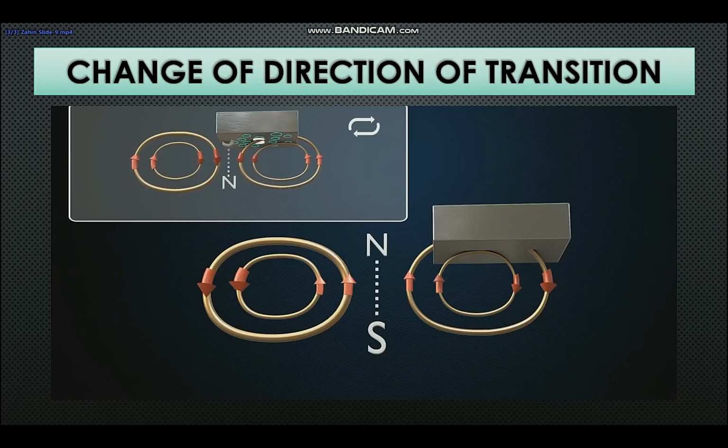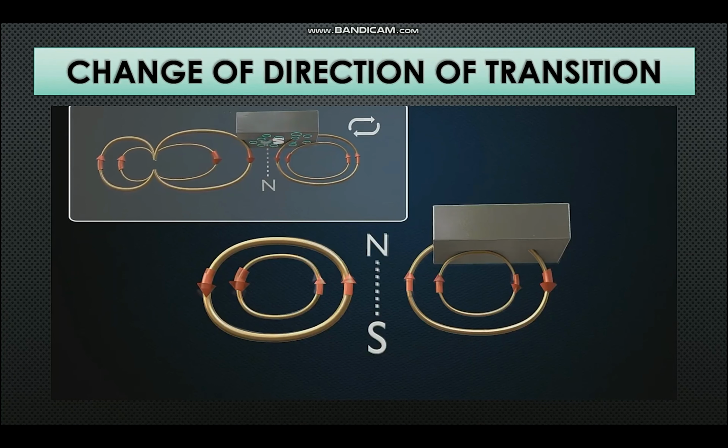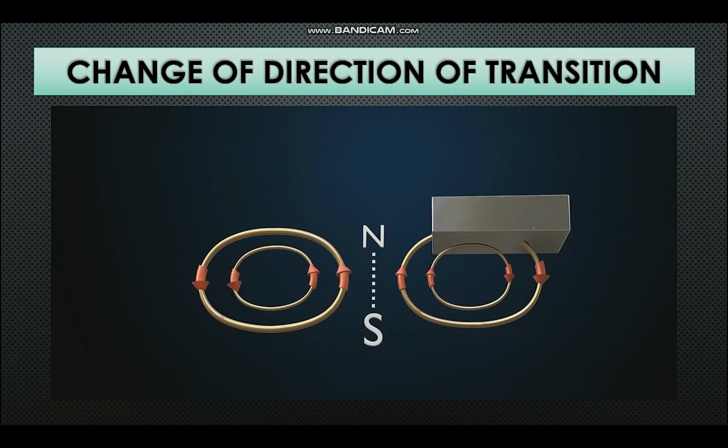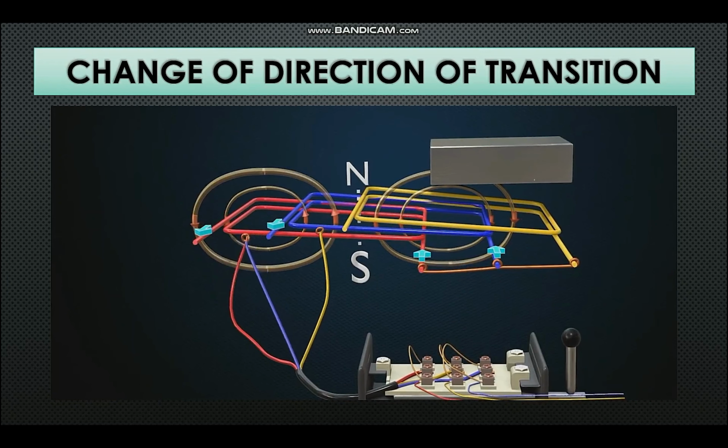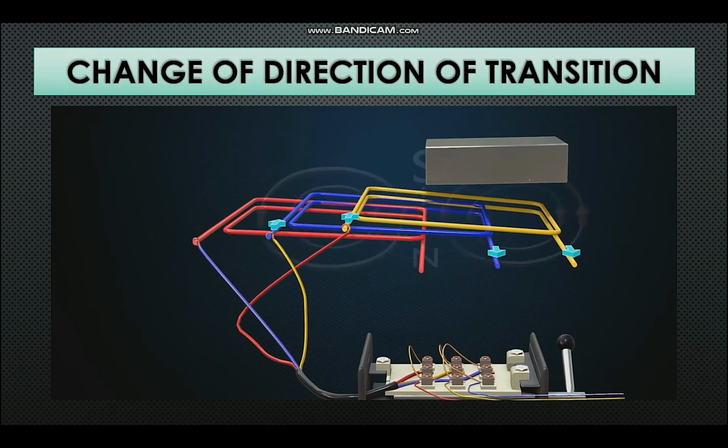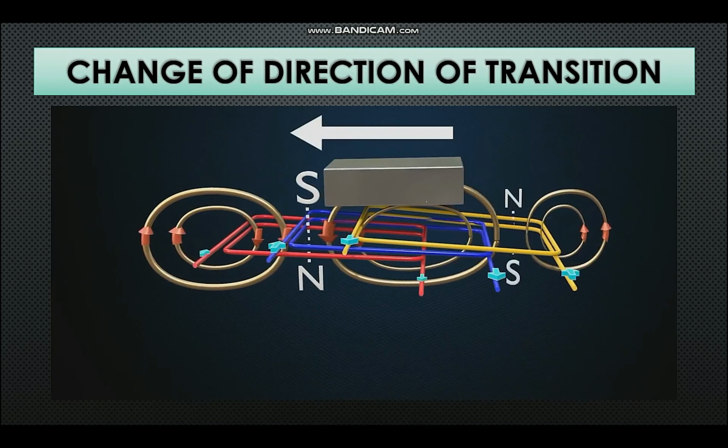The motor we have built so far is directing the conducting bar from left to right. Now if we want to change the direction of the bar, we have to reverse the motion of the magnetic field. To do so, the order of the three-phase power supply has to be changed. And then the conducting bar will move towards the left.